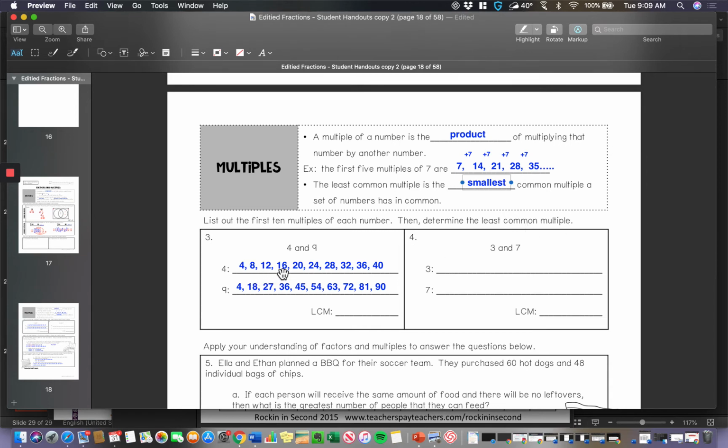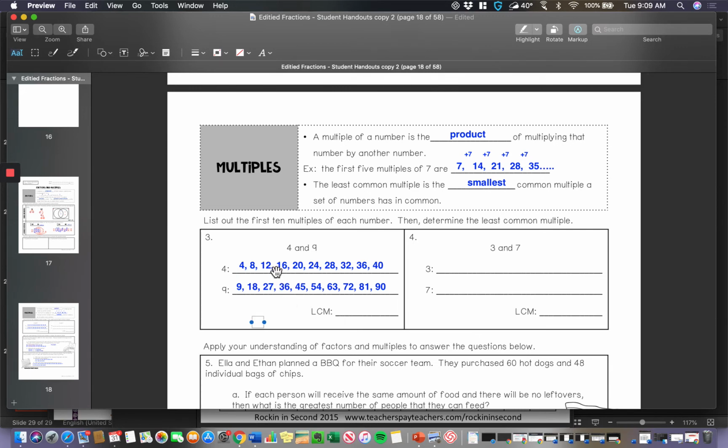So I went ahead and listed the multiples for 4 and 9. I added 4 to the previous number in my set. So 4 plus 4 is 8, 8 plus 4 is 12, and so on. And for 9, I did the same thing. Got to start with the same number. Alrighty. So I have 9 plus 9 is 18, 18 plus 9 is 27, and 27 plus 9